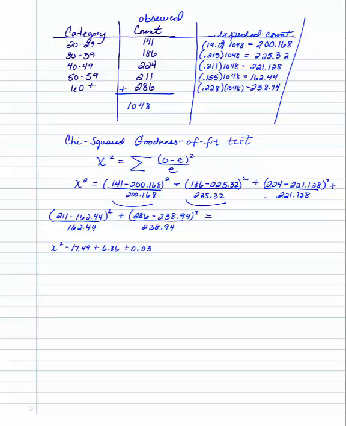The next one I got 6.86. Got a very small number for the second one, so this one doesn't vary too much at all. Then 14.52 and 9.27. And when I summed all of them together, I got